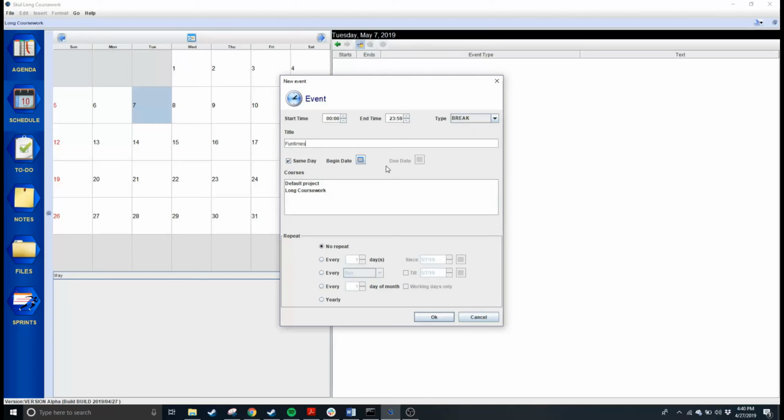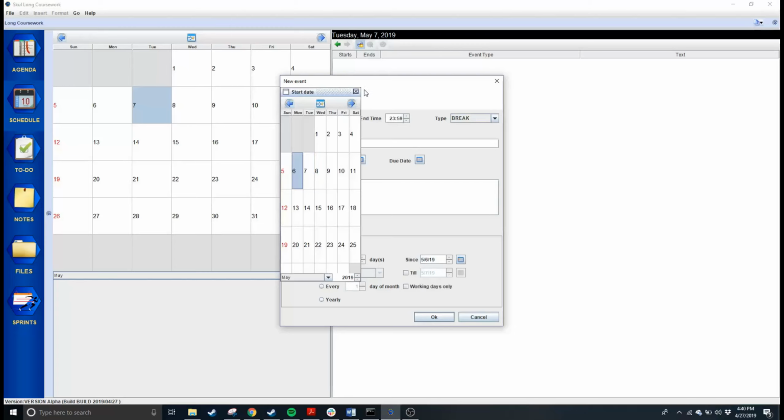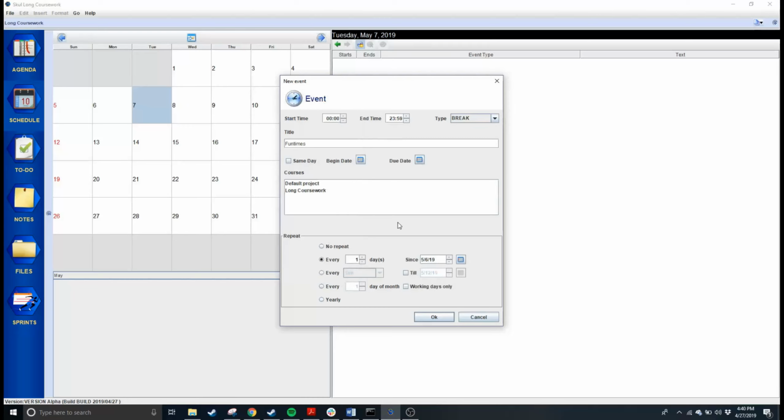Because this event is going to have a duration, we're going to uncheck same day, and we're going to begin the date on May 6th, have it end on the 12th. So it'll be a week long, essentially. And associate it with long coursework,